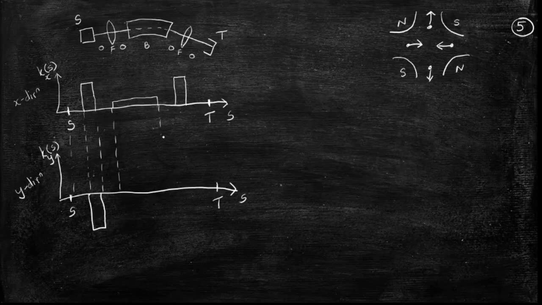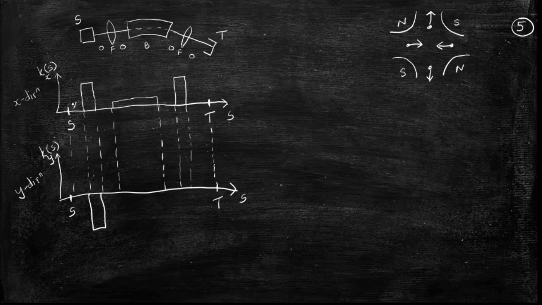See, when a bending magnet is bending the beam in the x direction, it does nothing in the y direction. The beam doesn't move vertically, only horizontally it changes direction when it passes through this magnet. So as far as the y direction is concerned, this is just another drift space.